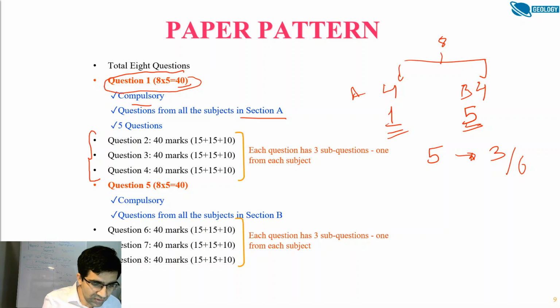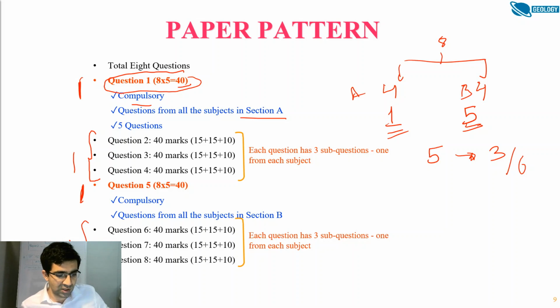So out of these 3, one question you will have to choose from section 1, and one question you will have to choose from section 2. Question number 1 and question number 5 are compulsory, so this covers 4 questions. Now the remaining one question you can choose from these 3 questions within section A, or these 3 questions within section B. So you would have already chosen one. After you choose one of these, you'll be left with 4 questions, and from that you'll have to choose one more question.